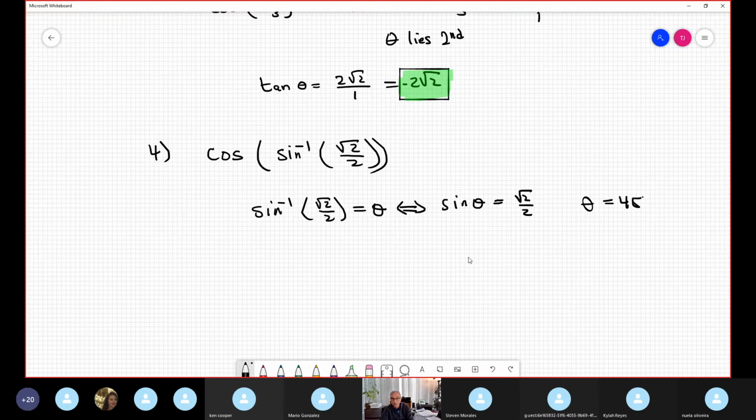But in the first quadrant or on the fourth quadrant? Remember the agreement of the sine is something like that. It's positive. This is sine inverse agreement. In this case, the number radical 2 over 2 is positive. Therefore, it lies in the first quadrant. So 45 degrees. Now, finally, cosine 45 degree